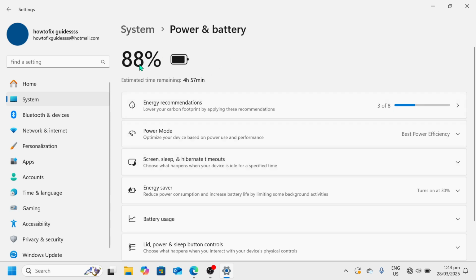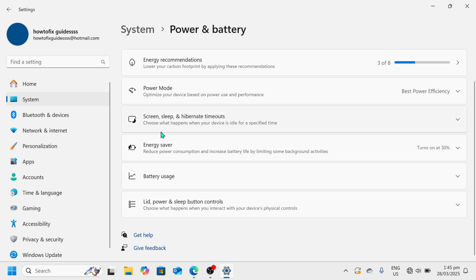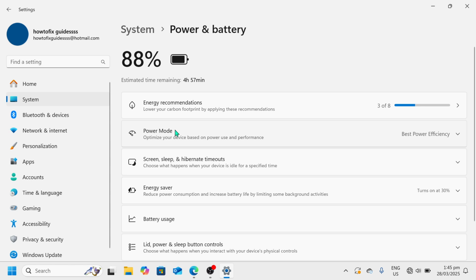We will see here the battery, which is 88%, and the estimated time remaining for the 88% of battery is 4 hours and 57 minutes. Here we have the energy recommendations, power mode, screen, sleep and hibernate timeouts, energy saver, and the battery usage, as well as the lid, power and sleep button control. So let's go with the power mode